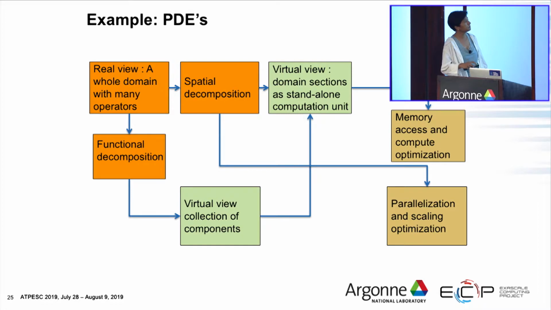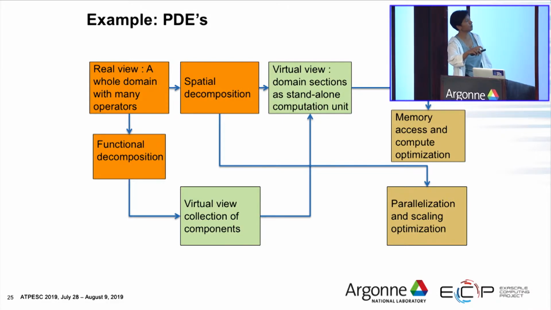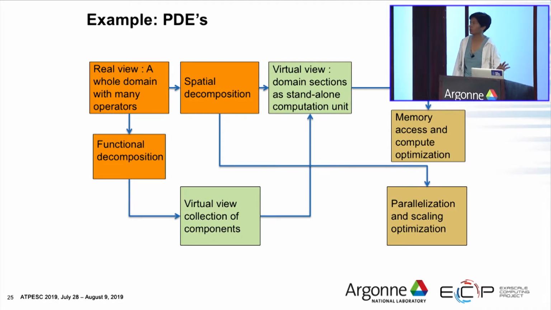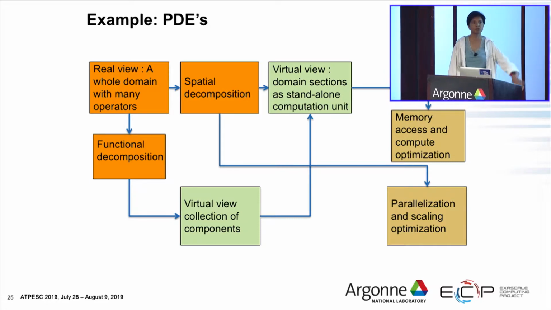And so the memory access and compute optimization happens at the level of the component, whereas the scaling and parallelization optimization in the distributed memory model I'm talking about here, in the previous versions of the code before the accelerators came into being, was at the level of